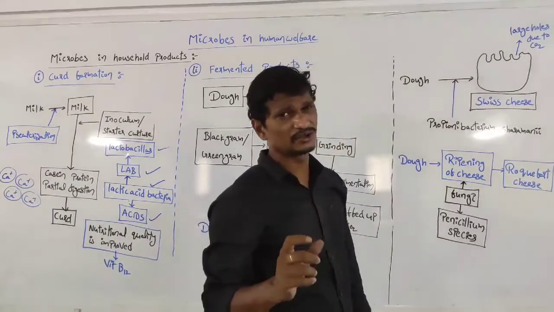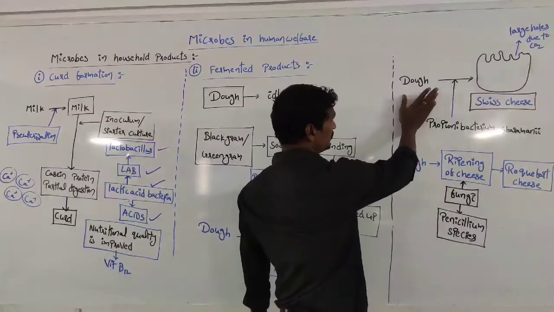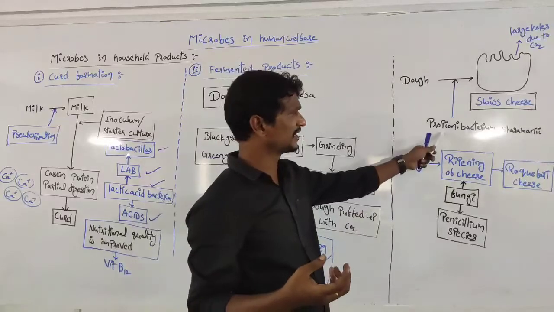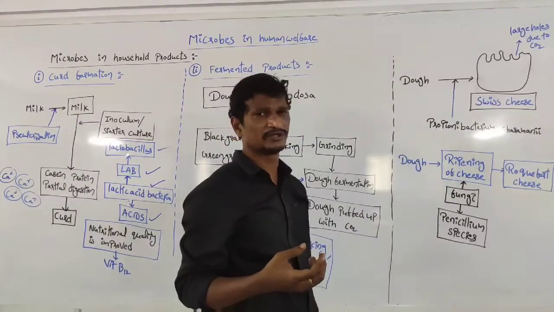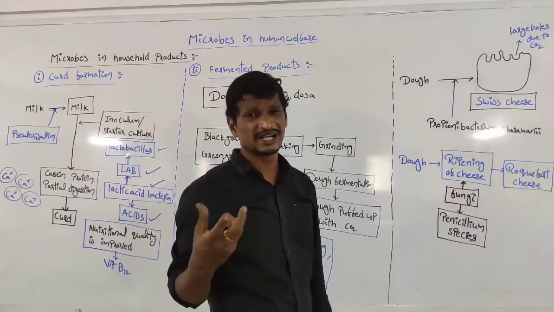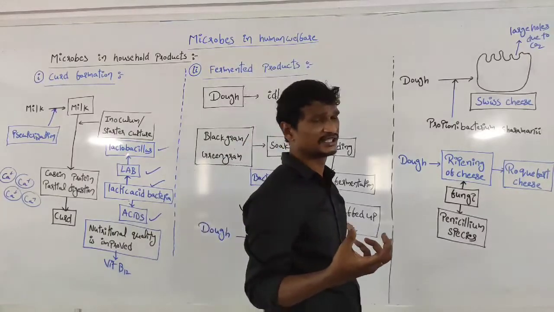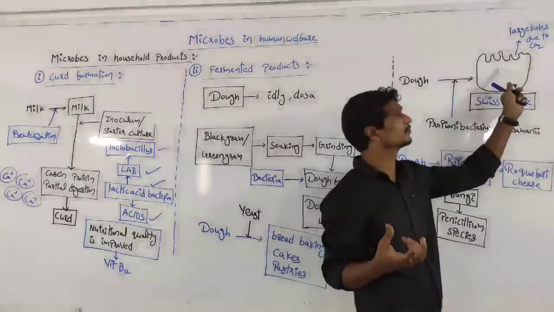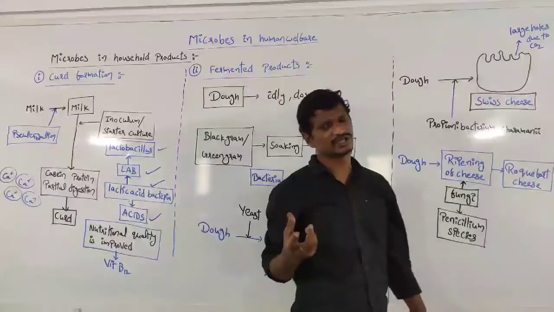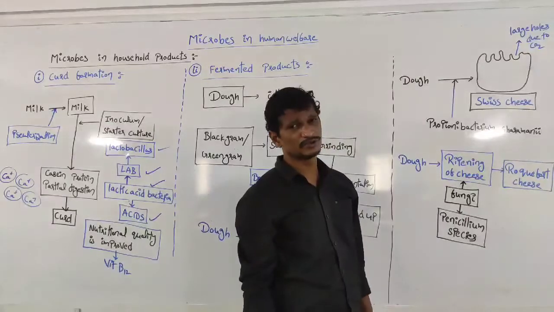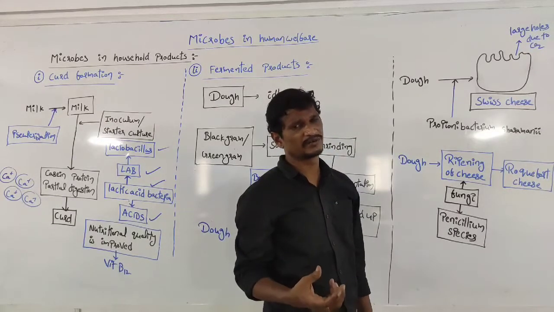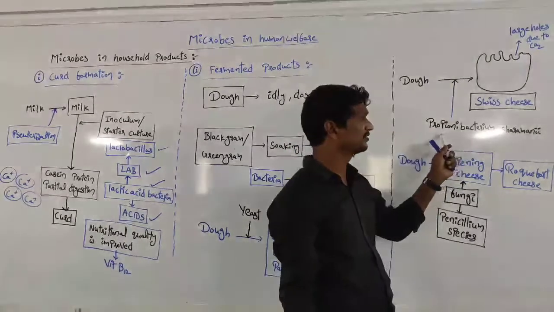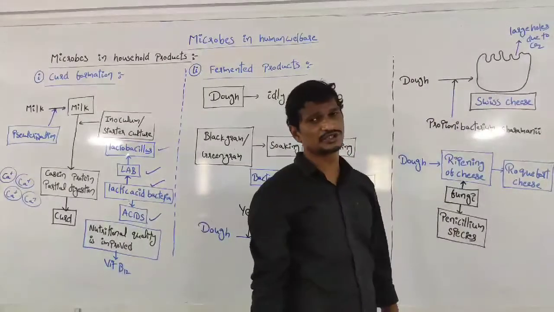Sir, why are large holes produced here? Remember, when we are preparing that dough, that time we are adding these microbes, right? See, these microbes are involved in the fermentation. During the fermentation process, carbon dioxide is produced. That carbon dioxide, during the boiling process, produces the large holes. So, how are these holes produced? Presence of a high amount of carbon dioxide. Okay, the large holes are produced. That is about the dough preparation. That is about the Swiss cheese production.